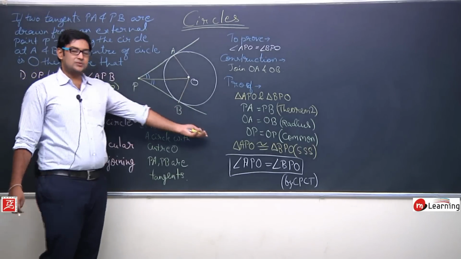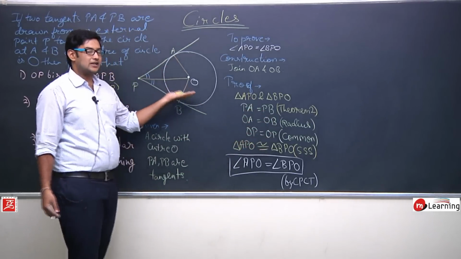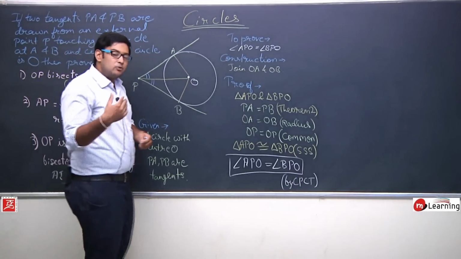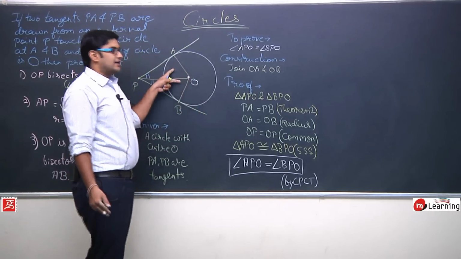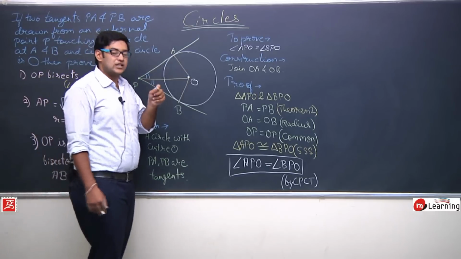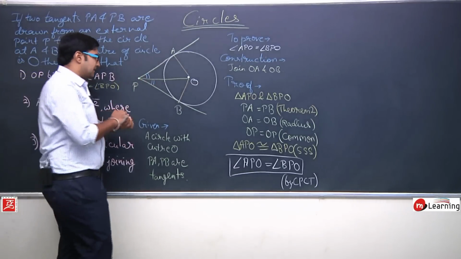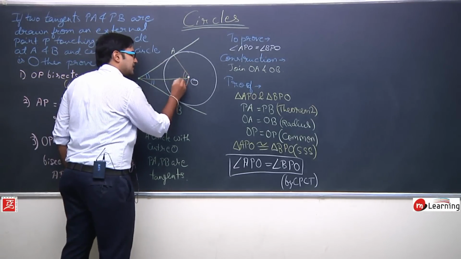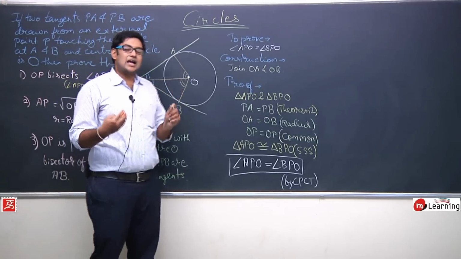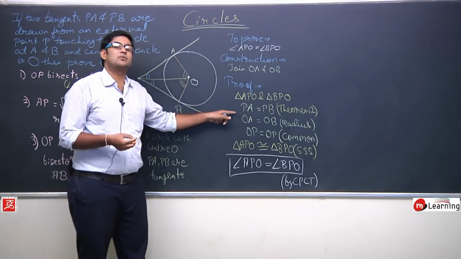Okay, so this proof is a very simple proof. Just you need to use some concept of congruency of triangles and theorem 2, and based on that we have proved this. इसे हम directly भी prove कर सकते थे. जब हमने इन दोनों triangles को theorem 2 में RHS से congruent prove करा था, तब भी CPCT से इन दोनों angles को equal बताया जा सकता था. Okay, it is possible. But क्योंकि ये question अलग से आया है, इसमें theorem 2 का application है, इसीलिए हमने ये वाला approach use किया है.